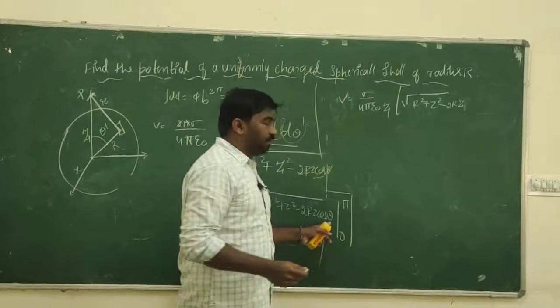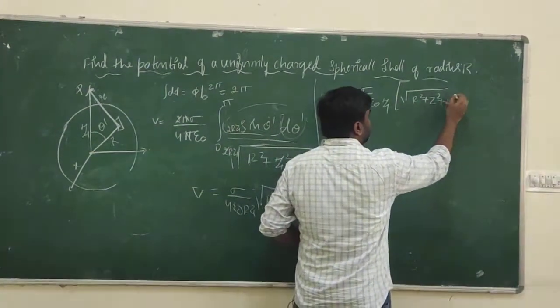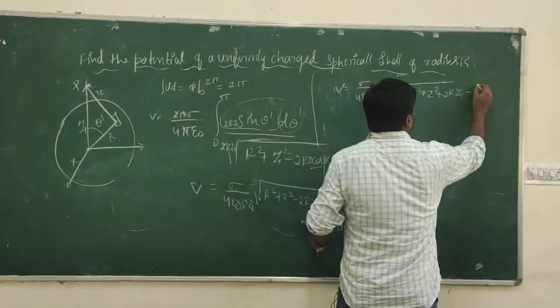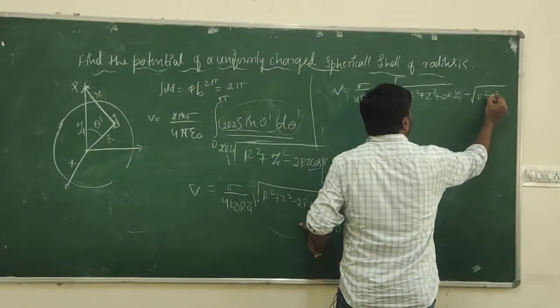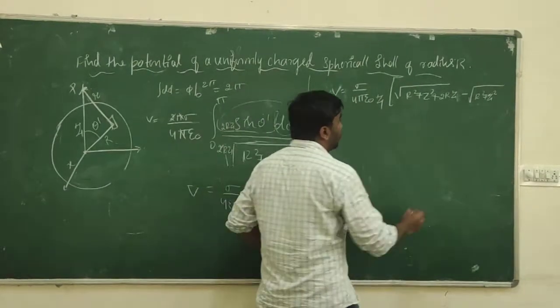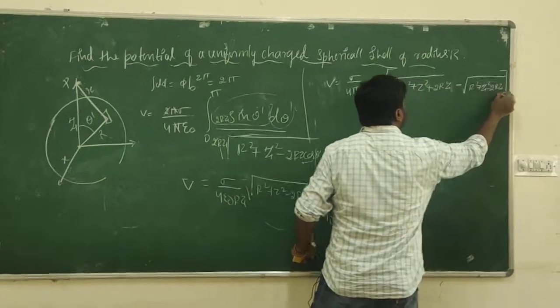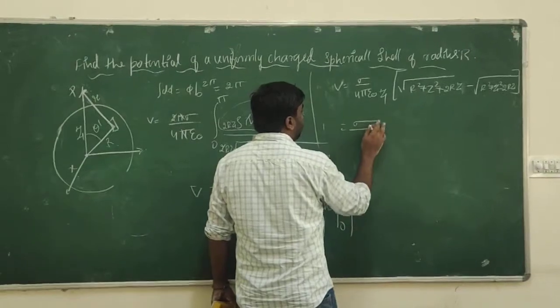Cos pi means minus 1, so minus into minus is plus, minus lower limit root of r square plus z square, cos 0 means 1, so minus 2rz, which is equal to sigma divided by